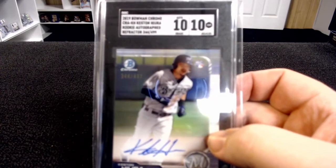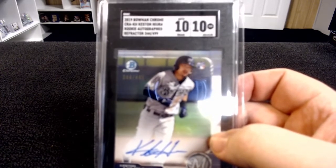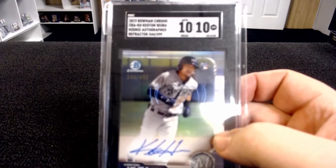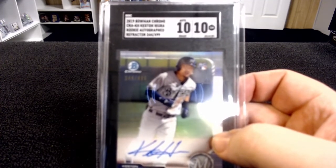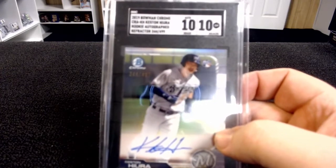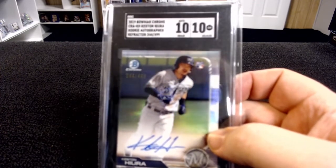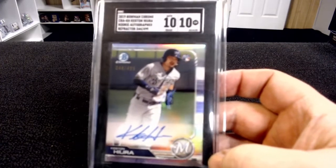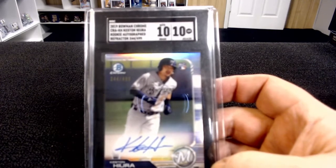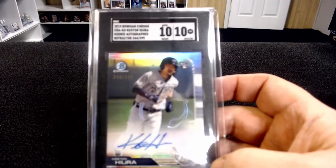And also, I'm not trying to start a PSA versus SGC. There's too much of that. I could care less. You're going to do what you want to do as an opinion. I don't call anybody out for collecting for grading. Like I've said many times, I think grading is kind of a joke anyway, but now I'm in on the joke. So I just don't want that fight. I just want to know if anybody can enlighten me to what the benefit is. I love the flip. I love the black. Man, look at this card. It's beautiful. That 10-10 up in the top, people have problems with that. I don't know if that's good enough to keep sending them in at that price. So with that being said,